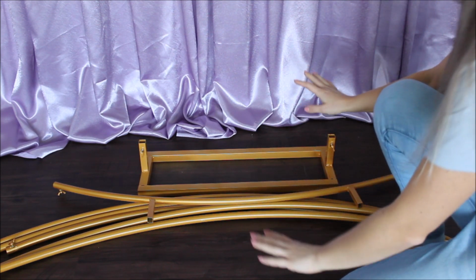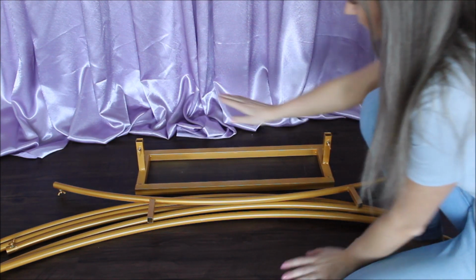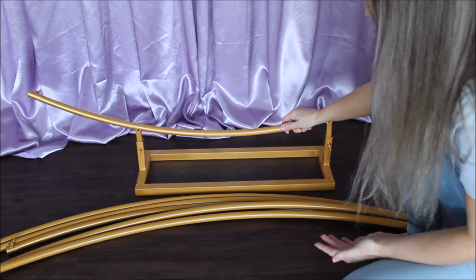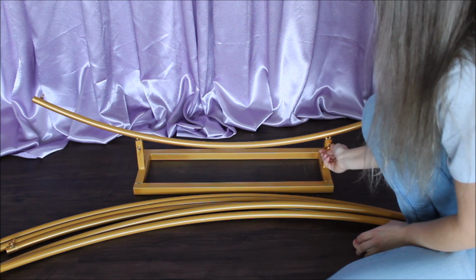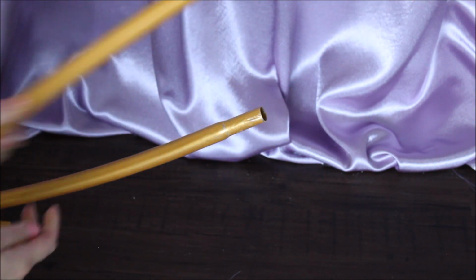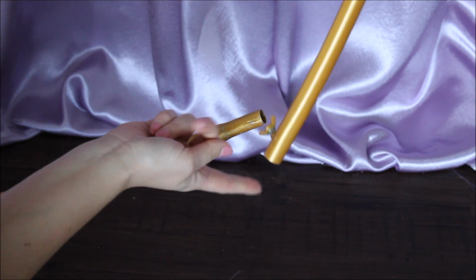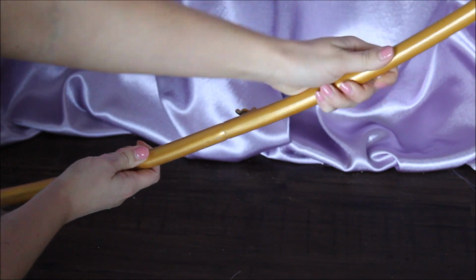First things first, we need to set everything up. This is my base with two square pipes right on top with these screws, and this is my first base piece for this circle. So I am inserting this base into my pipes and just securing them with these screws over here. I'm picking up my next pipe, and there's two sides to it. This side is thinner and this side is thicker with a screw. So whatever we have already installed does have a thinner side over here. So I am taking my thicker side over here, larger pipe, and inserting right on top of this pipe, screwing it on